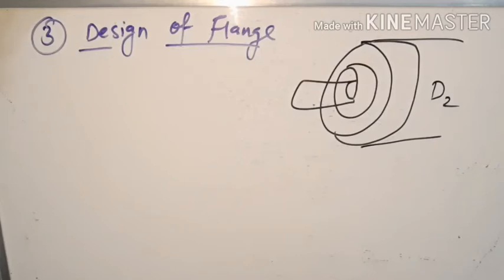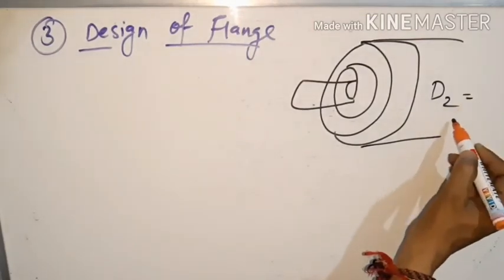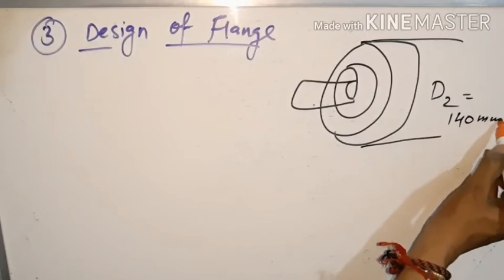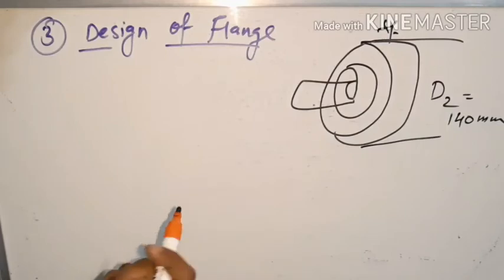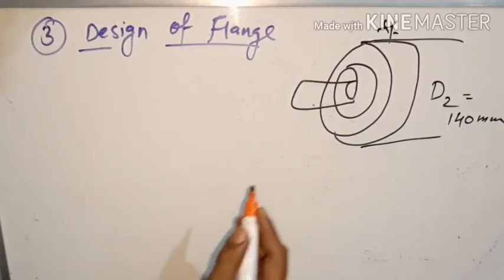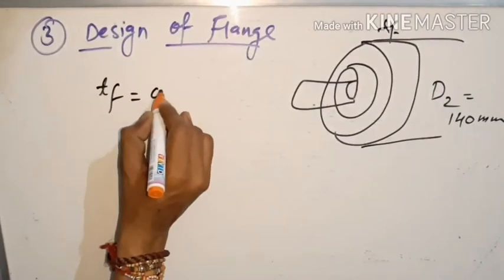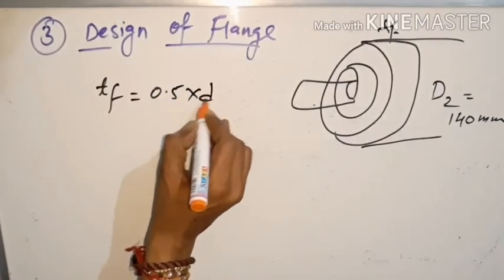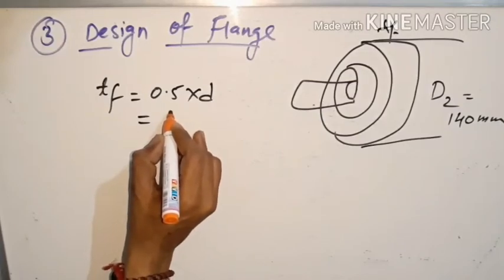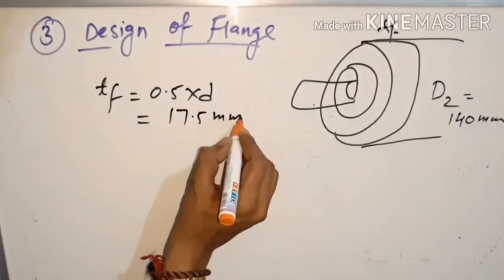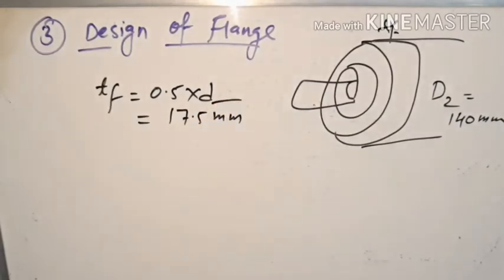Okay, so we can find this because this is 4d, that means 140 mm. And what is the thickness? Tf. Okay, so we need to find Tf using which type of equation? So let's see. It is clear that Tf is a fixed value and it is around 0.5 into d, so it is around 17.5 mm, because the diameter is 35 mm, so half of this. So this is your answer. Is it safe or not?